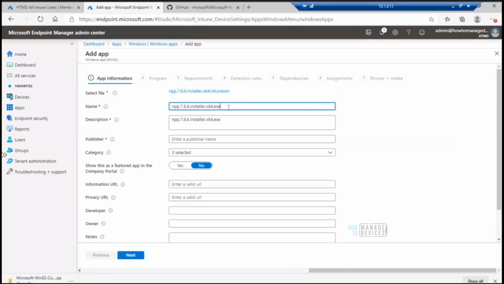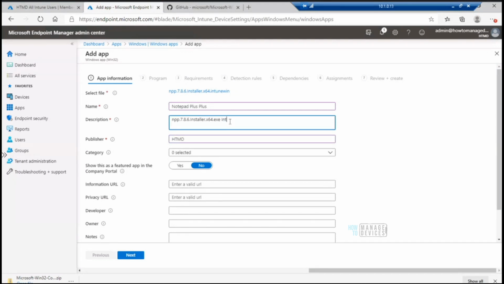Then you need to go through all these normal processes, like the name, Notepad++. And I will say publisher name, I don't know, HTMD. Let me put HTMD.